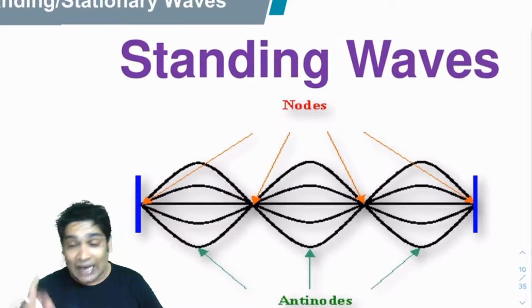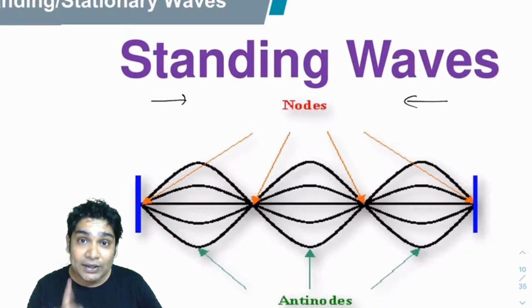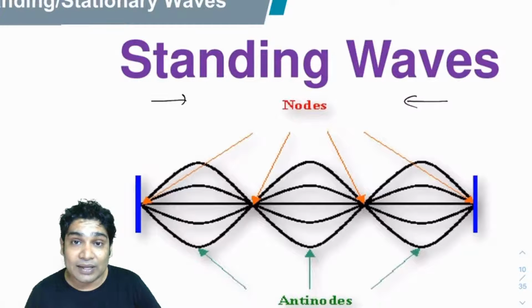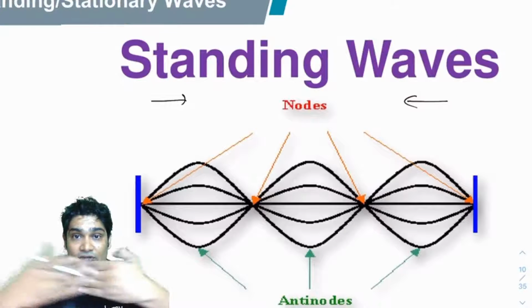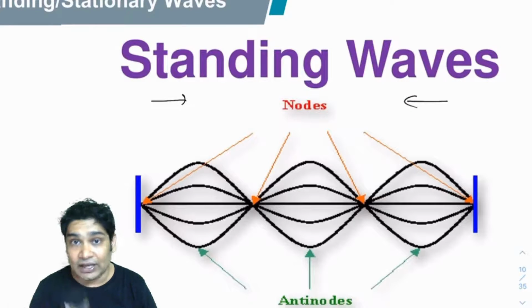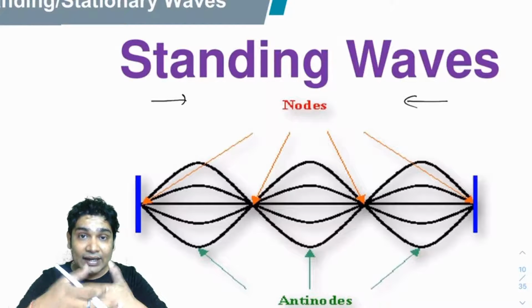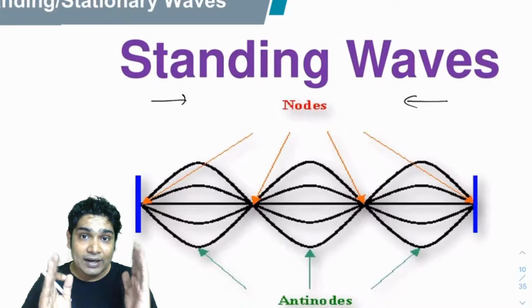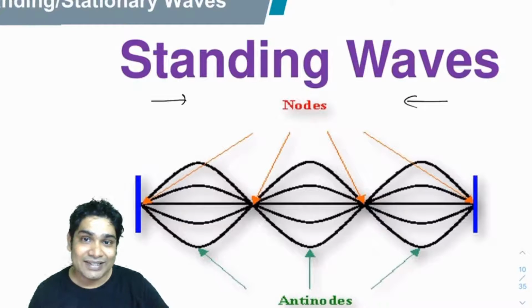We had talked earlier that standing waves are formed when two waves travel in opposite directions, and those have to be equal waves. When they superimpose, they form a standing wave. Essentially, one wave is trying to take energy in this direction, and another wave is trying to take energy in the other direction. So there is no net energy transfer in either direction, and that is what you call a standing wave. The superposition of these two results in a wave motion bounded in a region. All the energy gets trapped in a region, with no flow of energy beyond it.